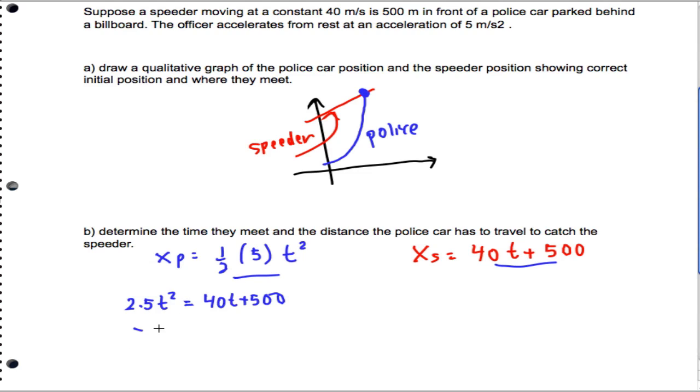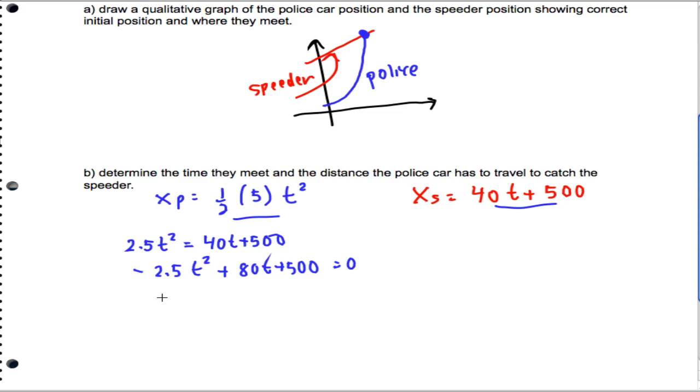So I'm going to get negative 2.5 t squared plus 80t plus 500 equals 0. So to get the time, what am I going to have to do? I'm going to do something here because I like to do algebra when I can to make my life simple. So I'm going to multiply everything through by 2. If you don't know what I'm doing, I'm sorry, I can't reteach Algebra 1. So this is 1,000. I'm just multiplying everything through by 2,